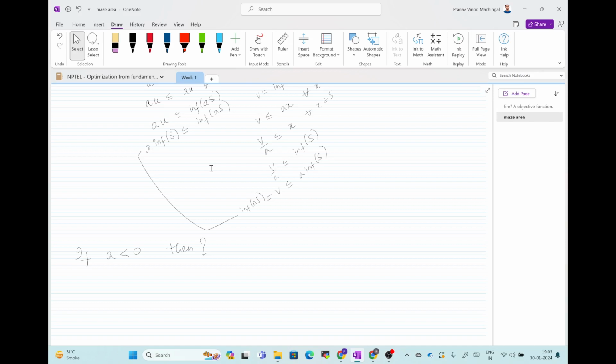Should it be still the same? You are saying if a is less than 0, then also inf of aS is equal to a times inf of S. I think the hypothesis is that whatever arguments we made above, wherever we wrote less than or equal to, it will just become greater than or equal to, and the other way around. And hence it should be. That is the hypothesis, but